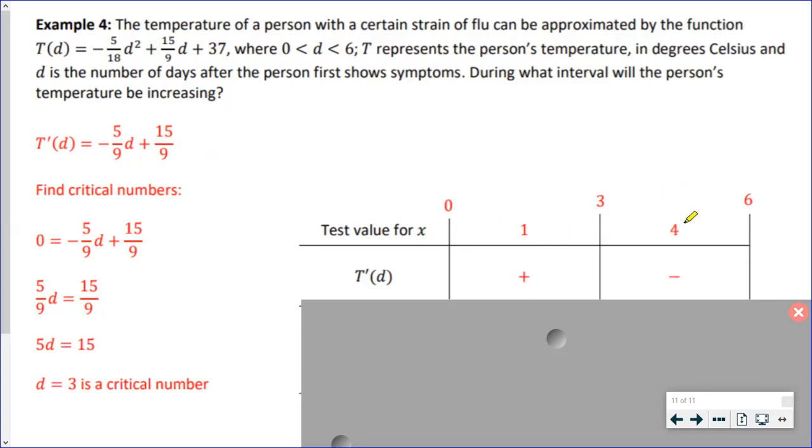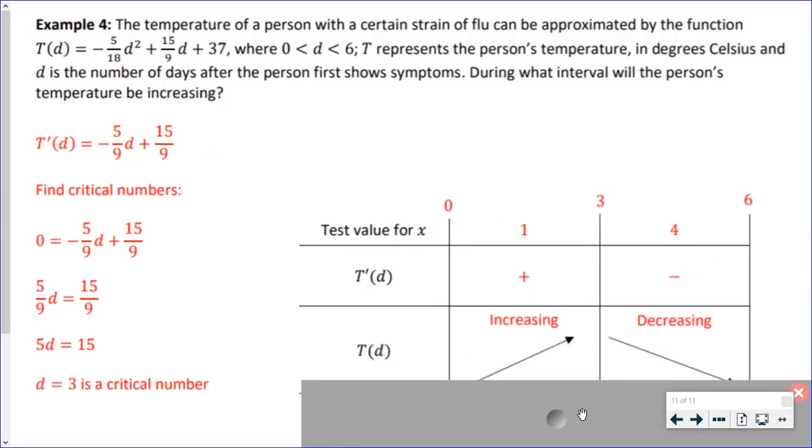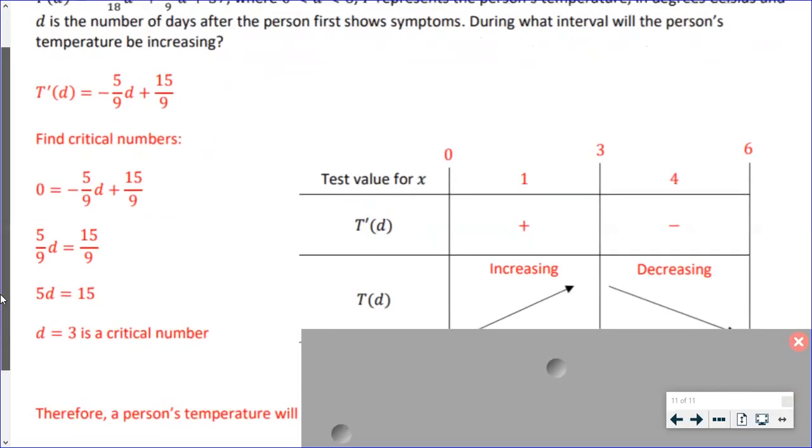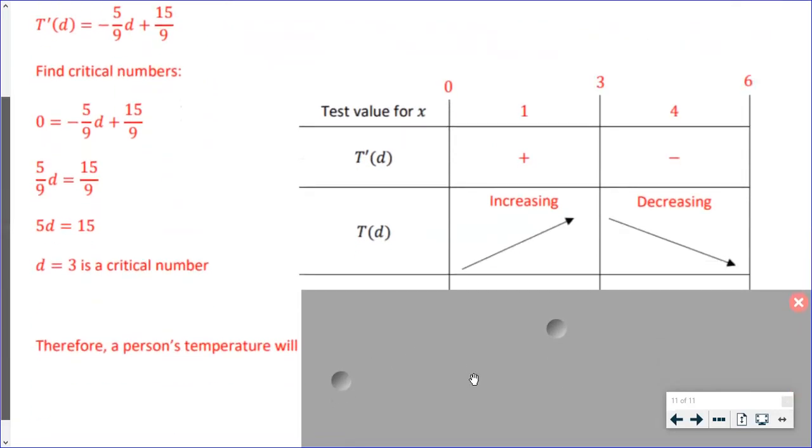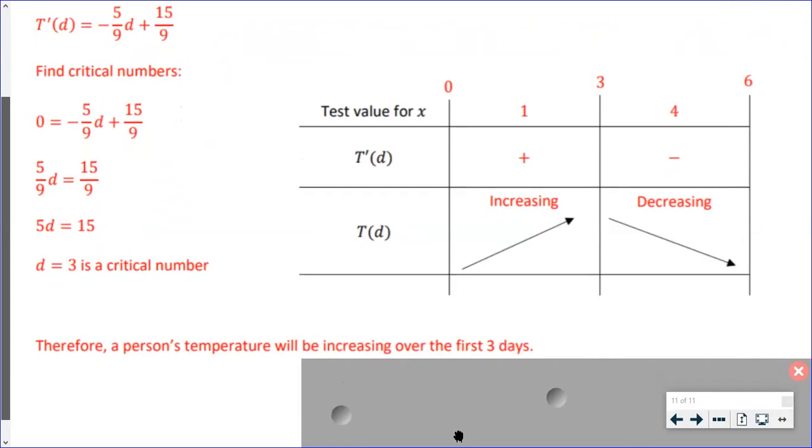When I plug day 4 into my derivative function, if I got a positive value, that means the person's temperature is still increasing, right? But I'm getting a negative value here. That means I'm moving from an increasing function to a decreasing function. And so now I know exactly that a person's temperature will be increasing over the first 3 days only, and